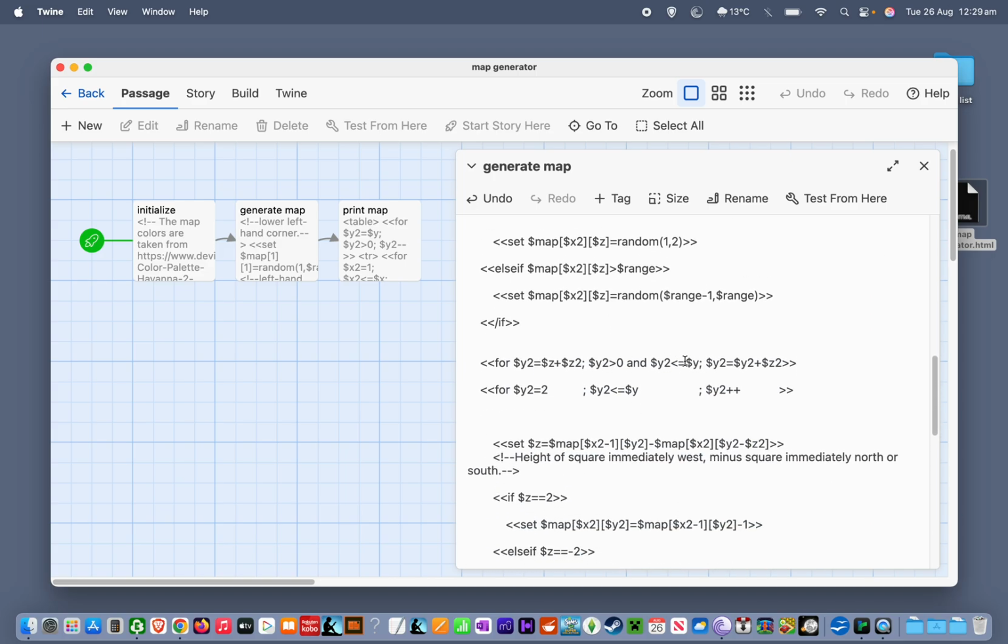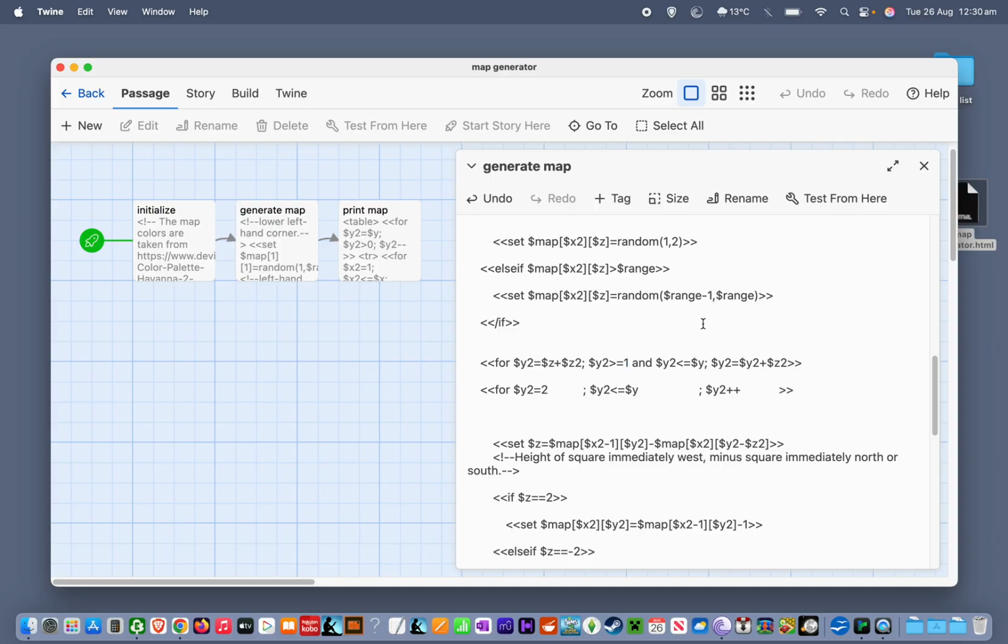Instead of stopping at y, which is what we were doing last time, we want to stop at either y or 1. And so instead of saying y2 is less than or equal to y being the continuing condition, we say y2 is greater than 0 and y2 is less than or equal to y. If we wanted to use the same sign, we could have said y2 is greater than or equal to 1, just for consistency, but greater than 0 and greater than or equal to 1 mean the same thing if you're dealing with only whole numbers. So it doesn't really matter, but I might change that in the version that I upload